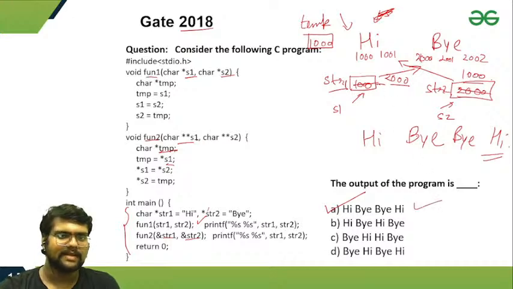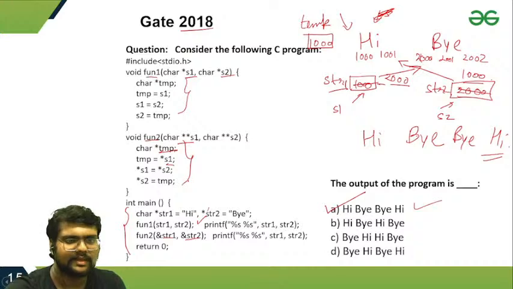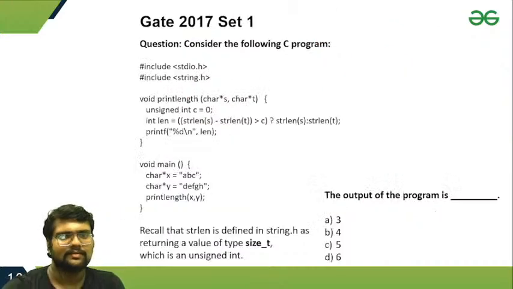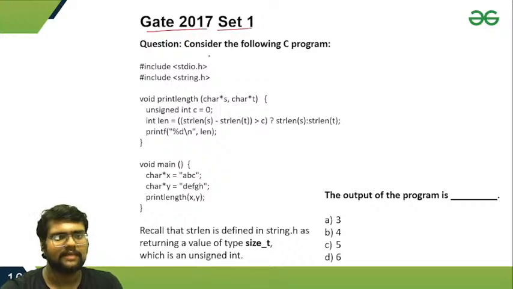Okay, because here the addresses are changed, here only the pointer variables are changed, but here the actual addresses are changed. Okay, let's move to our next question, which was asked in GATE 2017 set 1, in which we have